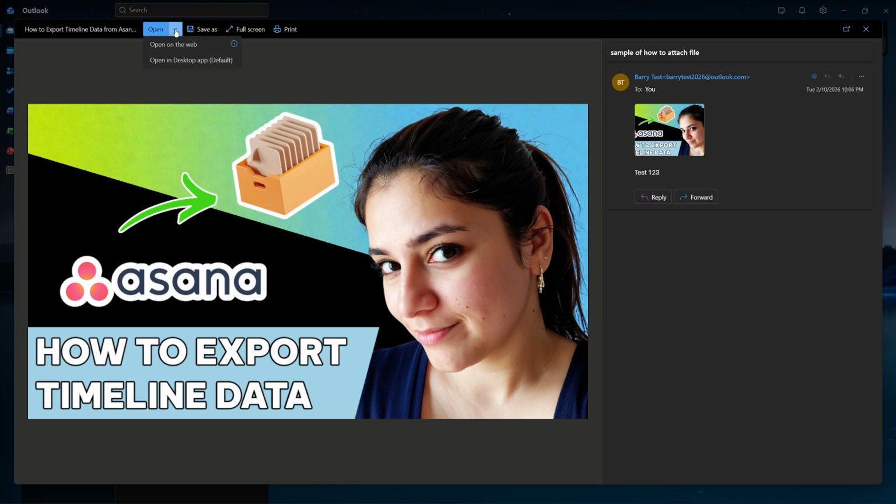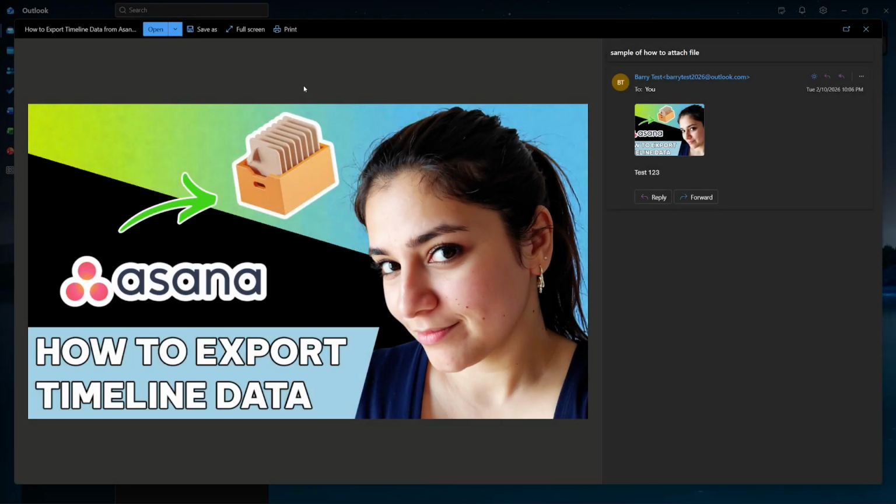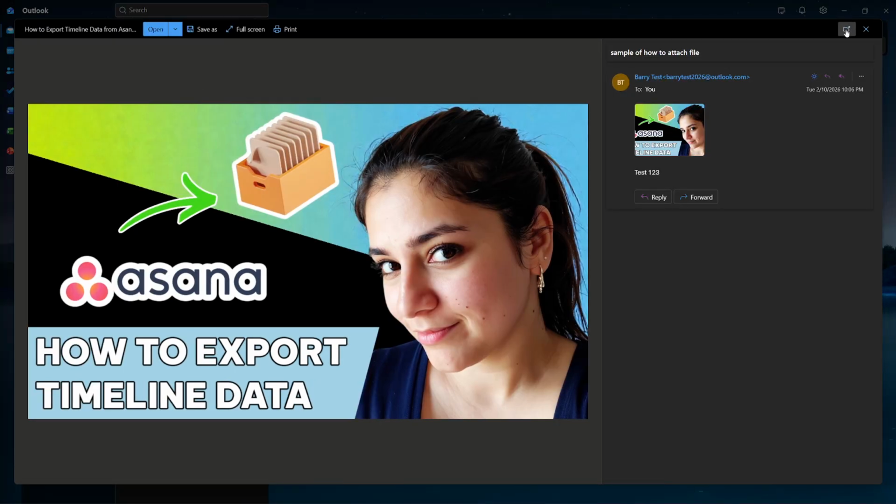If Outlook can't preview it, or if the preview looks limited, don't worry. There's another solution. To open the attachment in its full application, double-click the file. Outlook will hand the file off to its default app on your computer. For example, Word documents open in Microsoft Word, spreadsheets open in Excel, PDFs open in your default PDF viewer, and images